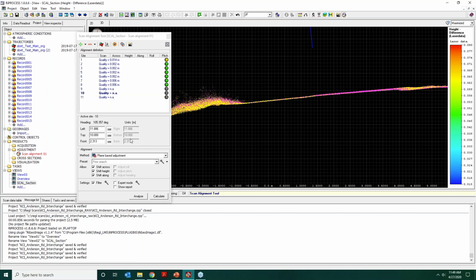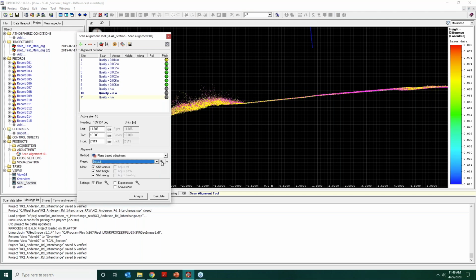So that gets down into this part of the sites. This box here tells us what is the active site that we're in, right there, site 10. So it's highlighted there, it tells you it's 10 there. All right, this gives you some sizing information about where it's located, and then we have different methods. Really, there's only one, it's called the plane-based methodology, and we're gonna do what I call a default search, and